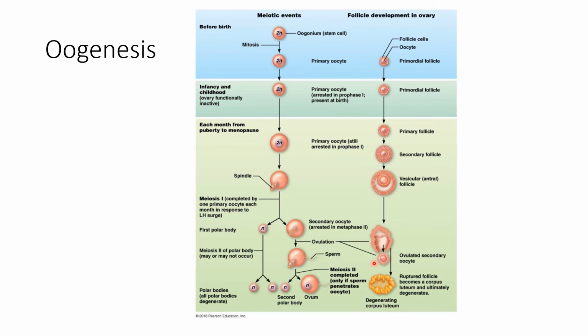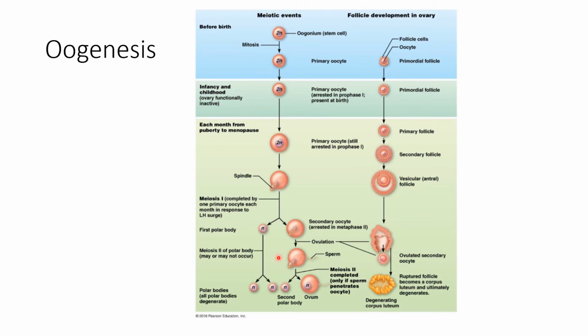If it gets ovulated, and if a sperm meets the secondary oocyte in the fallopian tube, then that secondary oocyte is going to go ahead and complete meiosis number 2. But if a sperm never penetrates that secondary oocyte, then the secondary oocyte is going to deteriorate, and eventually it's